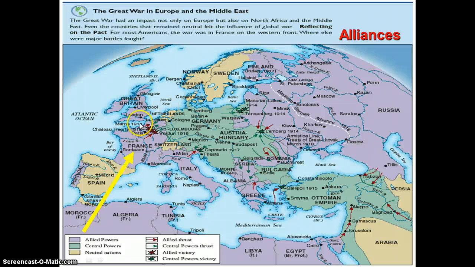So again, you can see here the northeastern part in the Marne in 1914. We see an intricate line of trench warfare in northeastern France. And then Germany will also begin to use its army to start making attacks toward Russia as well. You can see other areas that will be areas of fighting throughout the war, but most of it you're going to see this trench warfare here in France.